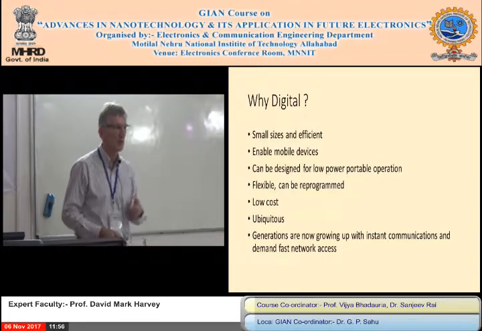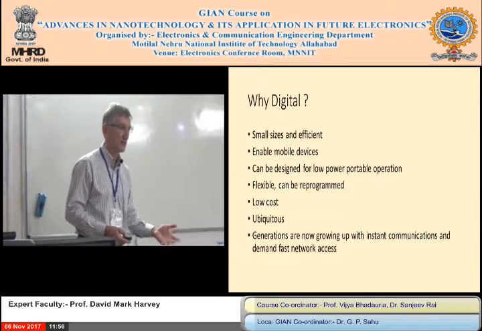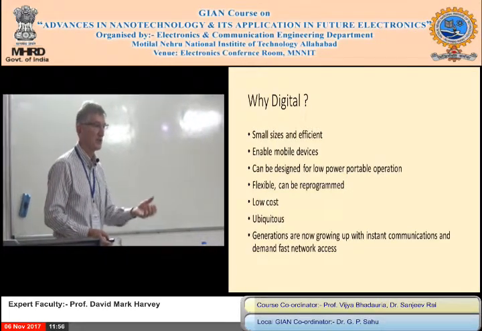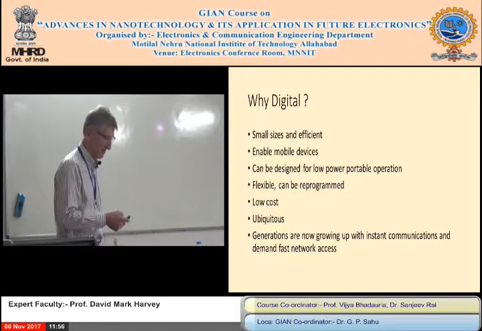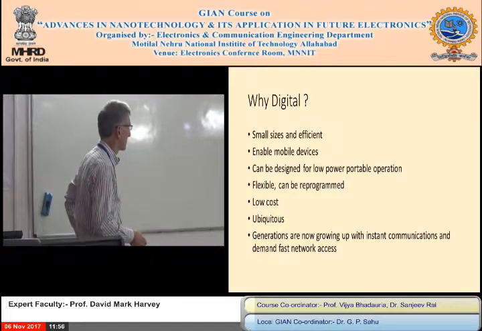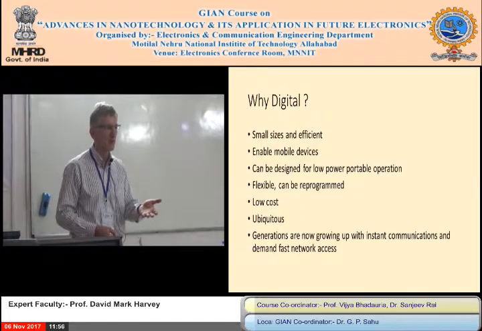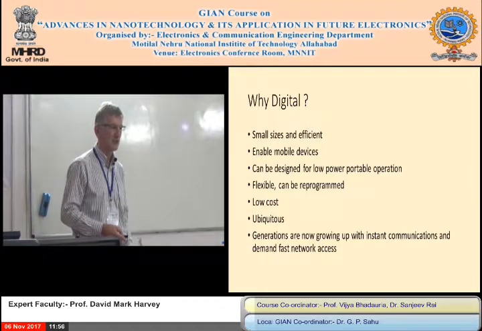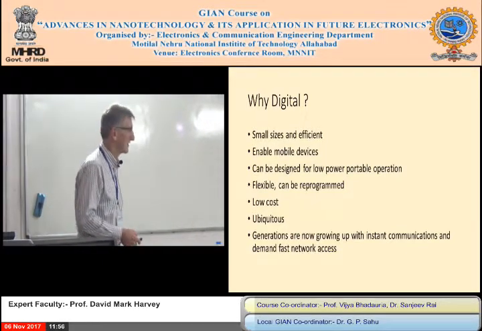If someone could reprogram your mobile phone and wipe all the numbers off, they could hack into it. With the Internet of Things coming in, security is going to be a major problem. They need to secure the data somehow, which I don't know how to do, and I don't think anyone does. So it's got to be low cost, and digital's low cost, because once you've made one mobile phone, one Samsung, you can make 1 million, once you know how to do it. So when you get the economies of scale, it's setting up the first one that costs the money.